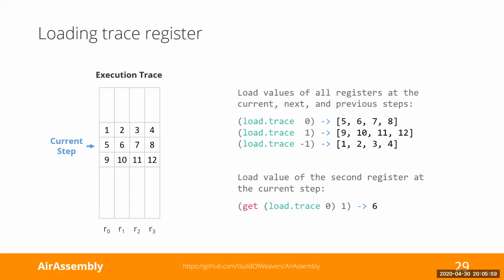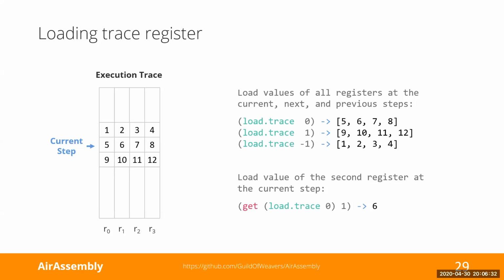Now, one last thing before I jump into the example of how you can describe a simple computation using AirAssembly. This is how you would access the execution trace. You have load instructions that allow you to load the given state of the execution trace. The load trace instruction takes a parameter: 0 means the current step, 1 means the next step, and -1 means the previous step, and you can go back and forth in the execution trace to load different